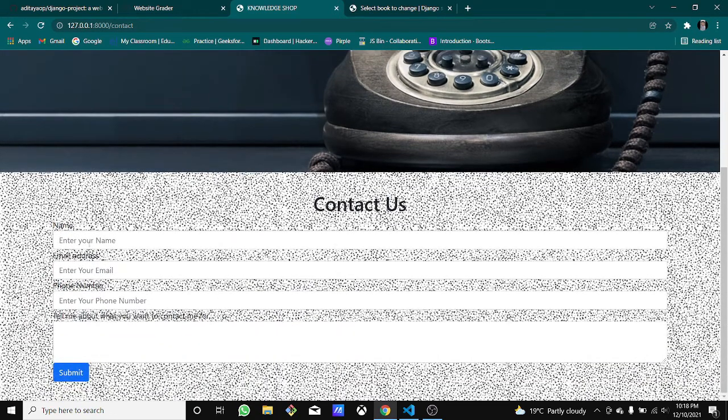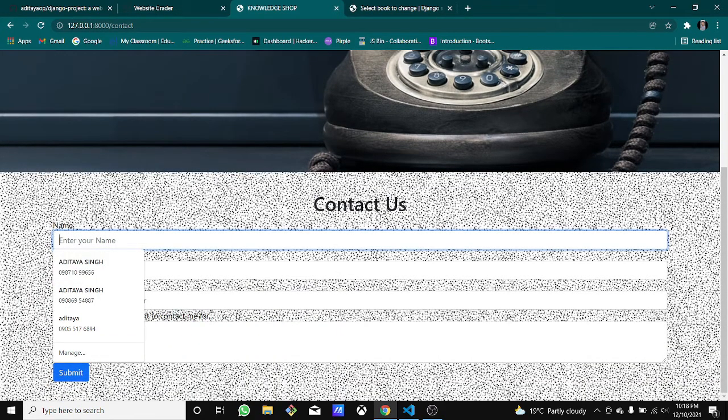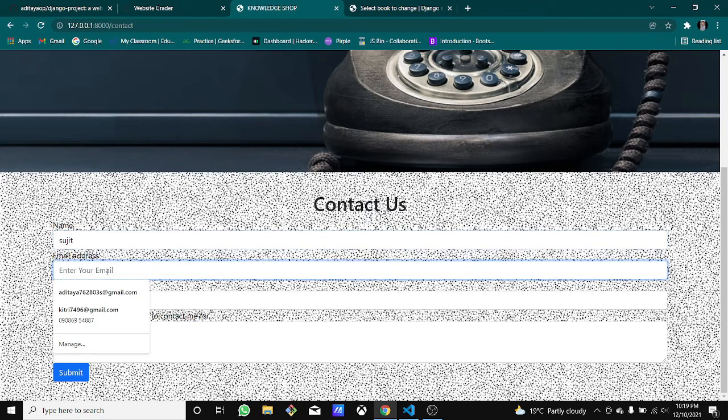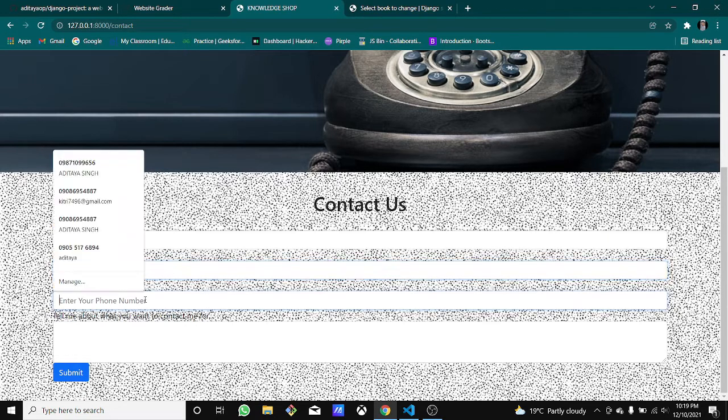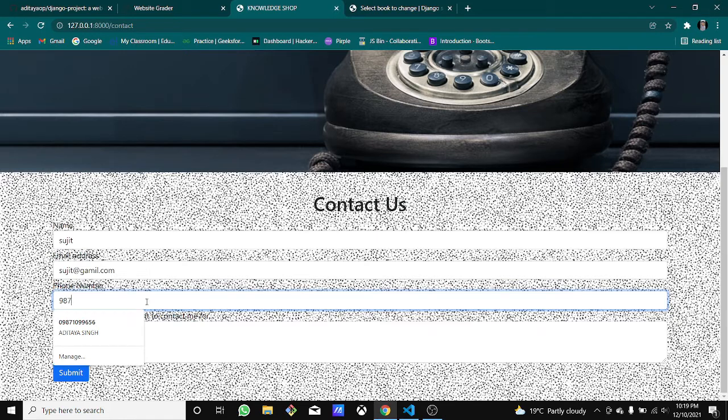So yes, now suppose your name is Sujit, and his email is sujit at gmail.com. Okay, so you have to put the at sign. Actually, it's a required field. Okay, so it's a required email, so you have to enter the email, phone number, whatever. So okay, and whatever your problem is. Okay, so suppose he is facing a problem regarding the money, so he can just say